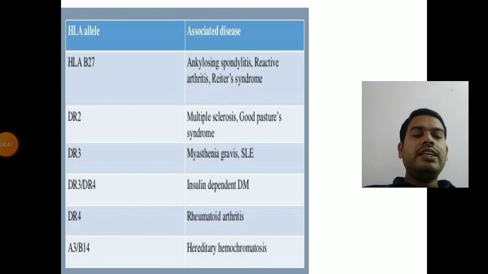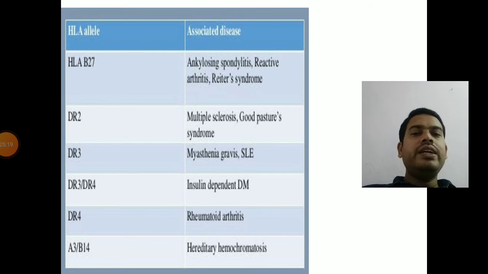So you can clearly see the HLA complex is present, as I mentioned, on chromosome number 6 in humans. They are present in the form of alleles. So you can see the different alleles of the HLA complex, human leukocyte antigen complex: HLA B27, DR2, DR3, DR4 and A3 and B14. So all these alleles play an important role with some associated diseases